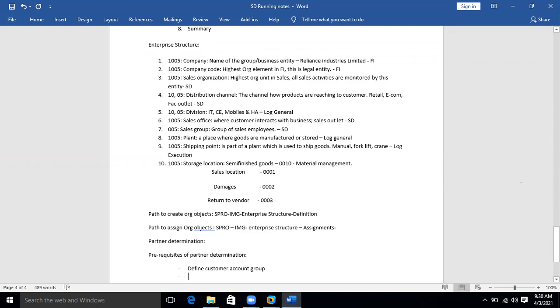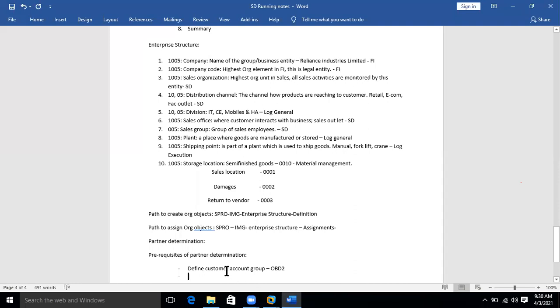So define a customer account group. We use a T-code called OBD2 for this. This is FI configuration, financial accounting configuration, and most of the time FI guys would configure it if there is a specific request to create it. This is purely an SD object, but FI guys will create it.